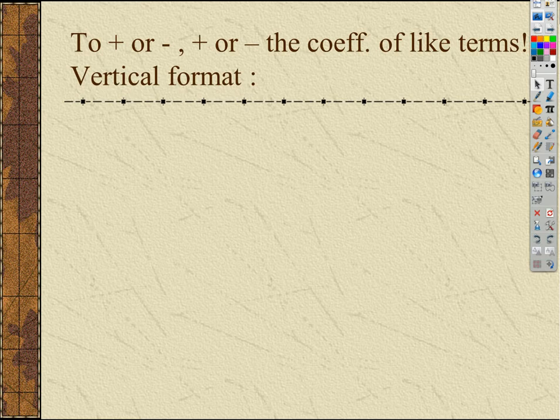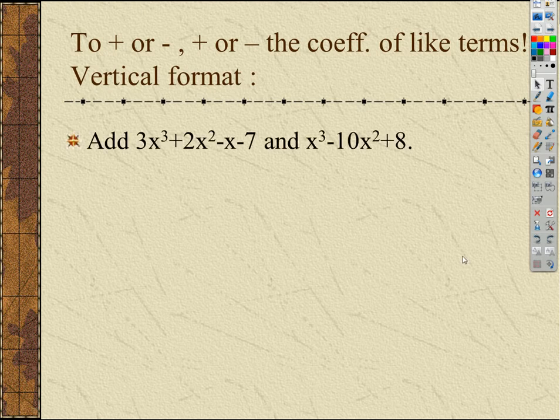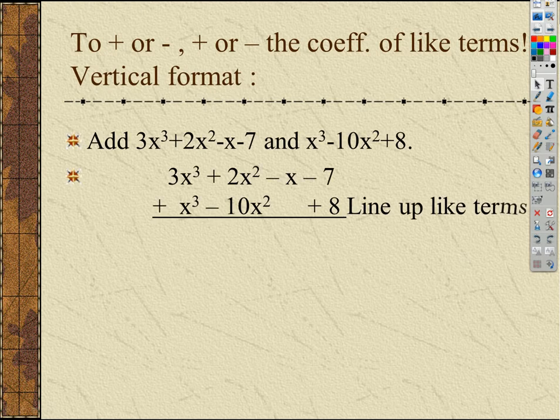So in this first one, it looks like we've got an x cubed, an x squared, an x, and a constant. Now, what would have happened? What if I was missing, for example, an x squared term in the first one, but I had one in the second? Yeah, I'd want to leave the blank there, so I could still have a column for those x squareds. So that's all I do, right? If I'm adding them up, I just line up the corresponding parts, the powers of x in their own columns,